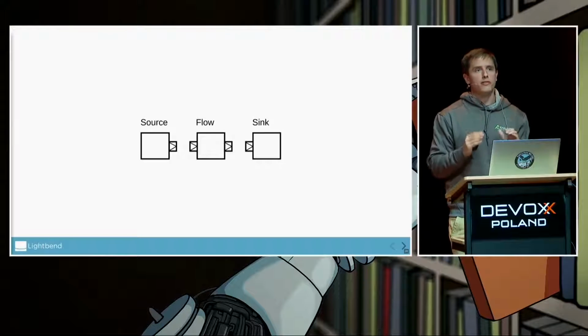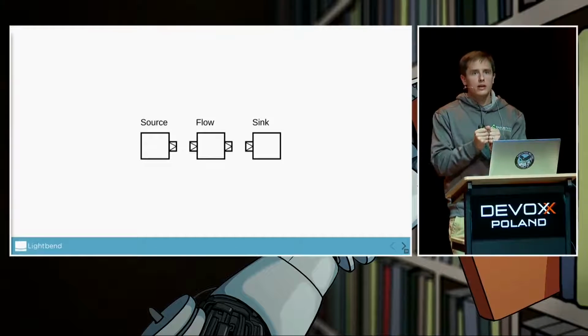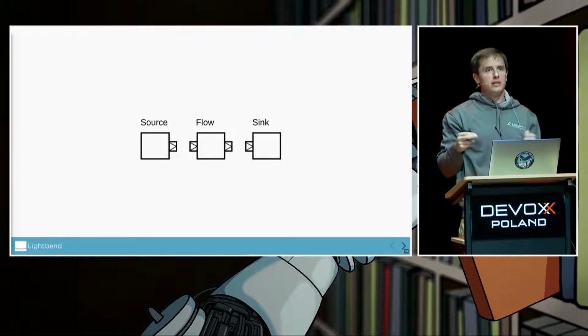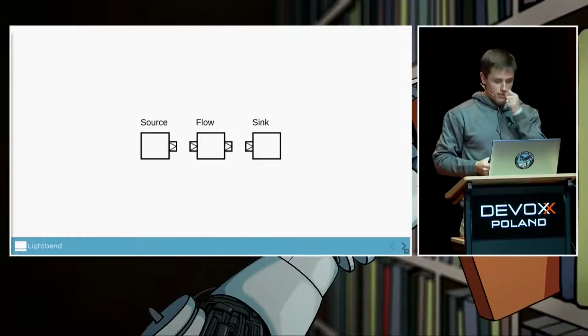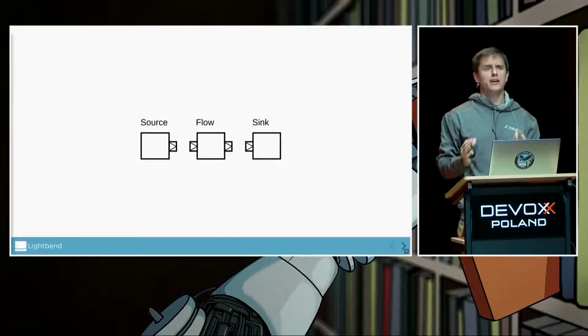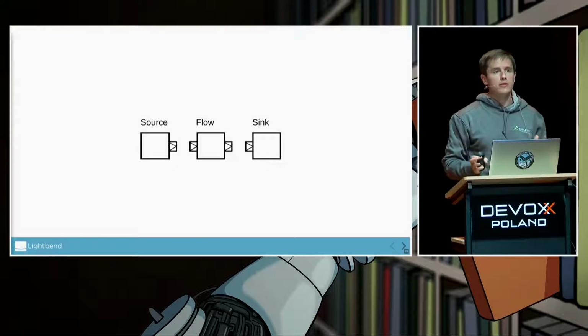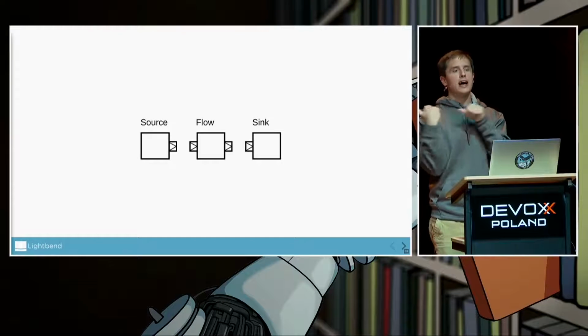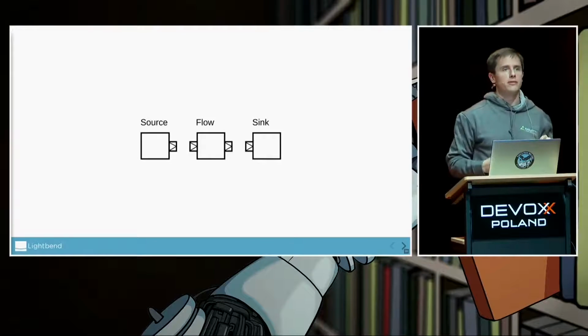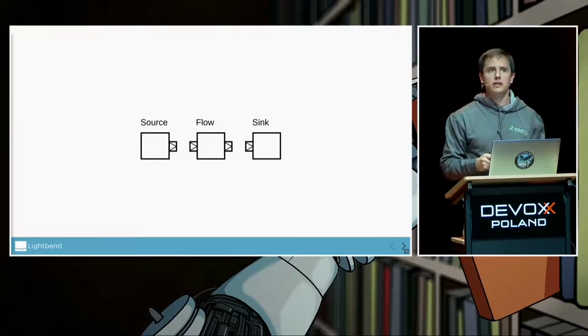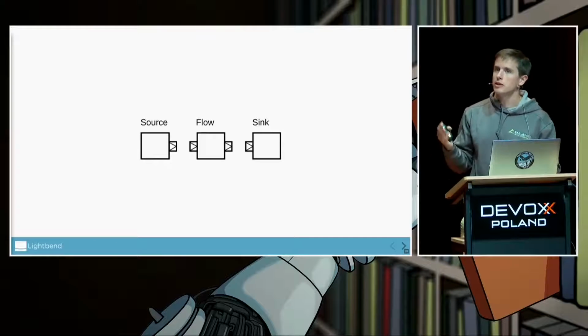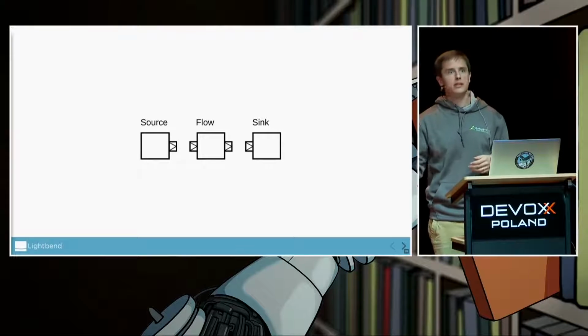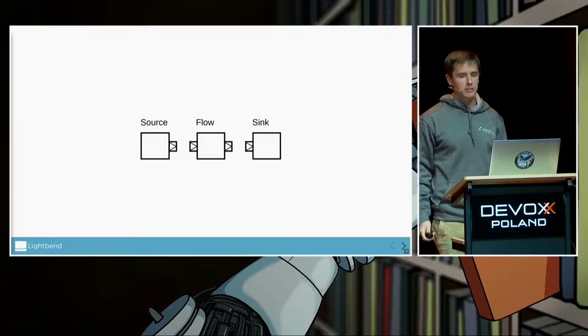Everything in between is a flow. Flows might transform and map and deduplicate, or call out to another HTTP service and somehow augment the things going through the flow. And the really important takeaway is that anything upstream, so in this example the source and the flow, is not allowed to push elements down until demand has come the other way from the sink. All of this just happens under the covers, so you don't need to worry about it when you're programming with Akka Streams. It's the type of thing that you would end up encoding in actors and futures before things like Akka Streams came about.